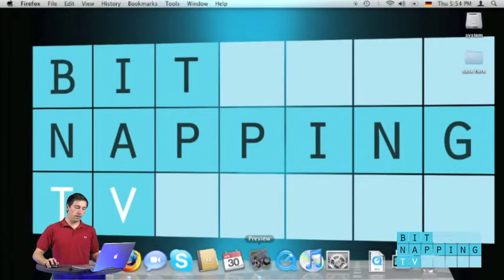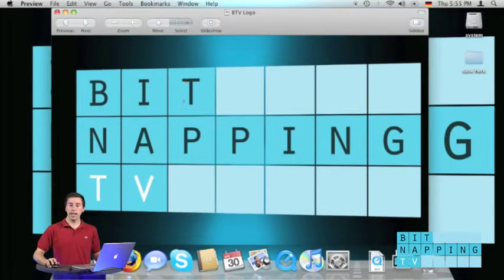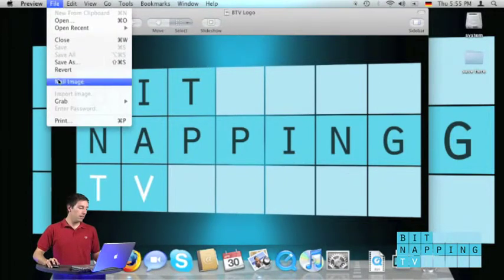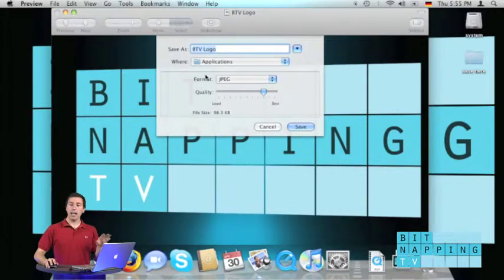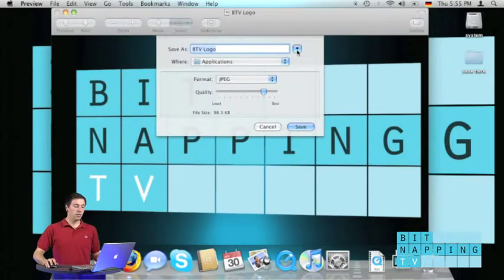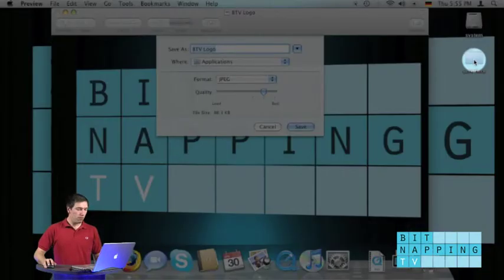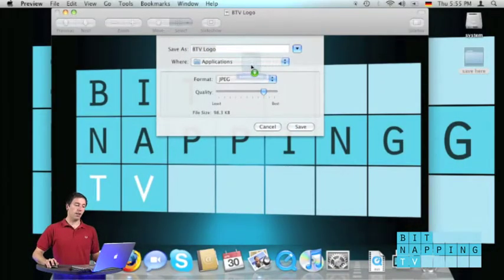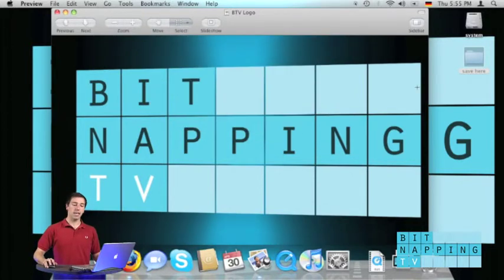This also works if I would like to save a file anywhere, like this one opened in Preview. I click on File, Save As, and I get the dialog again. But this time it looks a little bit different. Usually I have to click this icon now to get the folder structure again. But I can also move this folder into this dialog for choosing it. Isn't that great? And now I can save it in there.